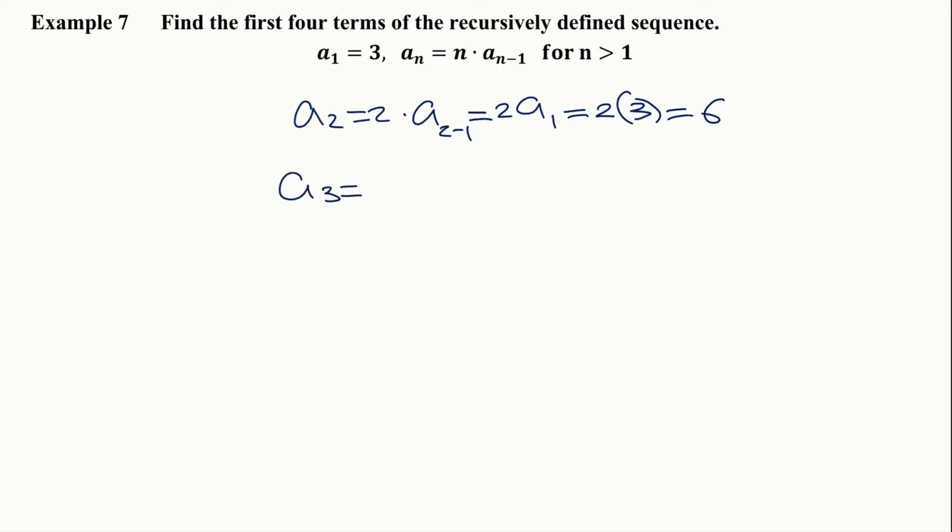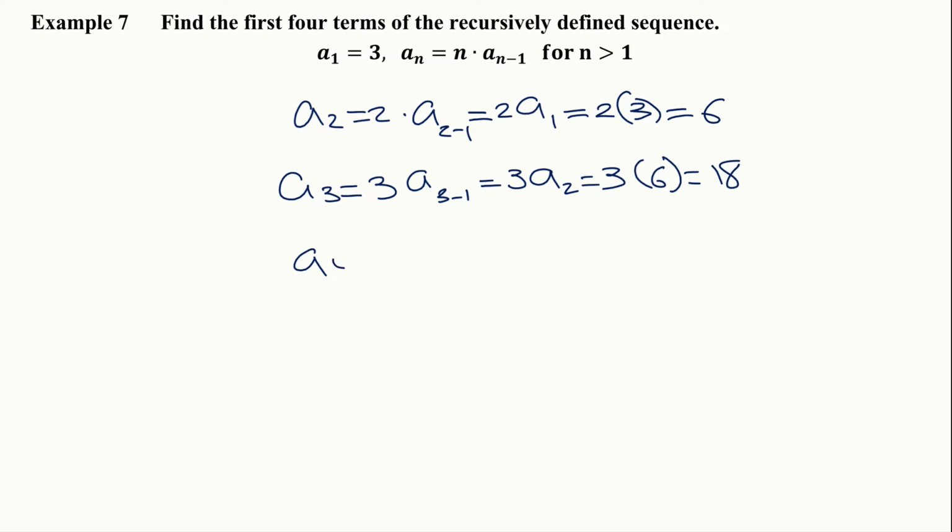a3 is going to be plugging in 3 now. 3 times a3 minus 1. What is 3 minus 1? That's 2. So it's 3a2. So I want 3 times, now I know what a2 is. We just figured it out. It's 6. So,